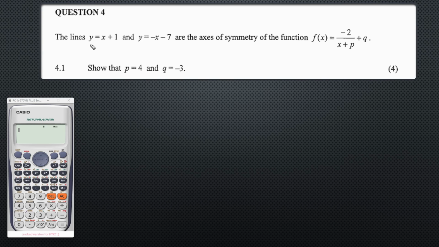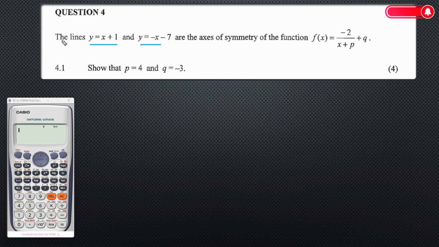So we have a linear graph and another linear graph that are the axis of symmetry of the function f of x, right? So when they say that the two lines are the axis of symmetry, you have to think about the asymptote of the given function, right? That will be helpful because now